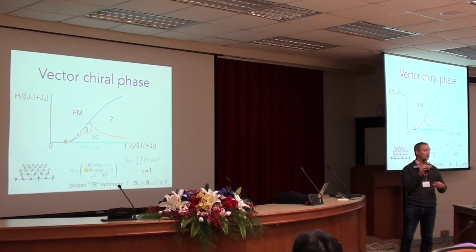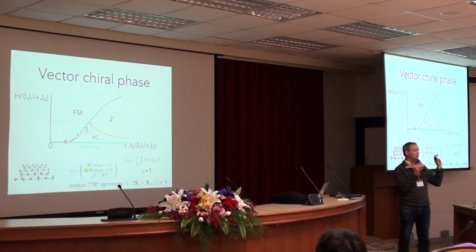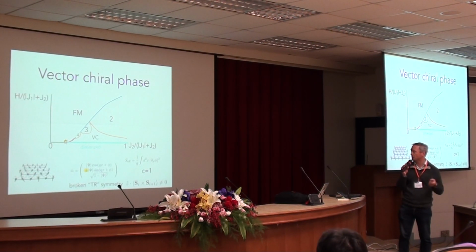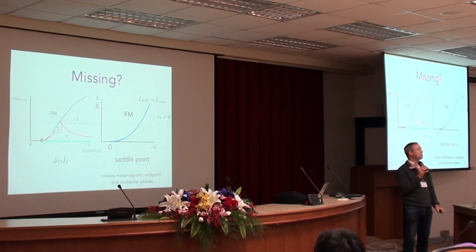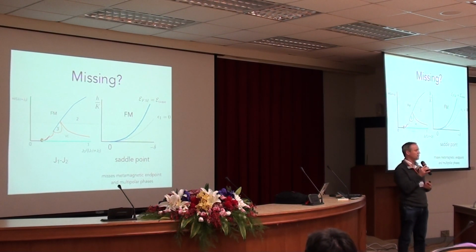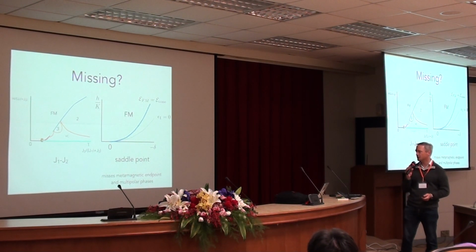So we can understand from the saddle point, indeed, the phase which is found numerically. It has a kind of broken, sometimes called time reversal symmetry, although it's not really time reversal symmetry. So these are kind of the simple results of fluctuations that tell you what the phases are in the vicinity of this point. But the more interesting